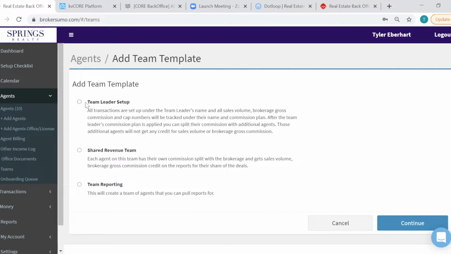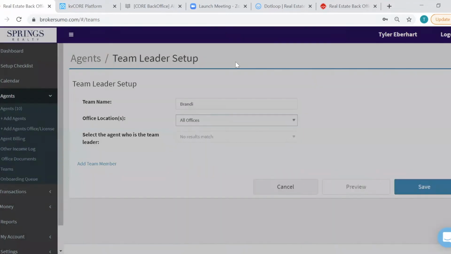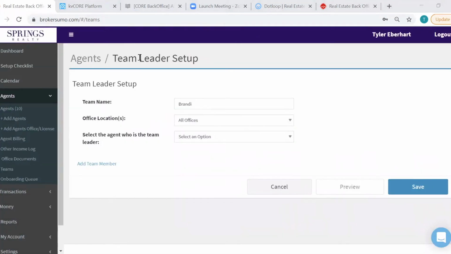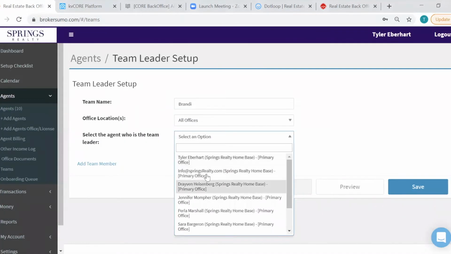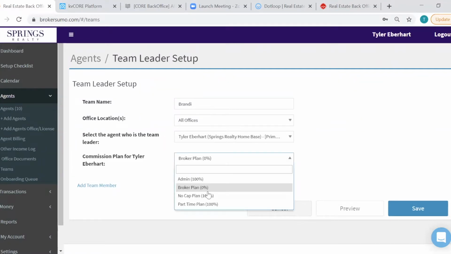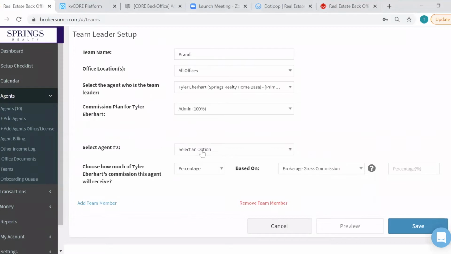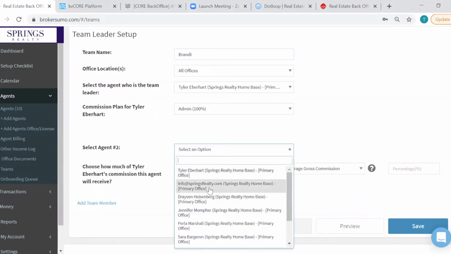The team leader setup means, let me open this. I'm just gonna put Brandy's name in here. So then you'd put your agent, like whoever the team leader is, let's say it's Brandy, but we're gonna use your name, Tyler. Yeah. So then you would put the commission plan that the team leader's on in here. And then you can add multiple team members. So the way that this works is,